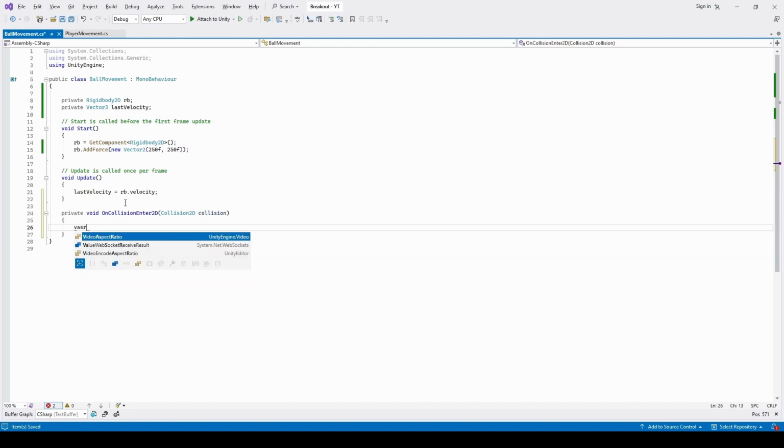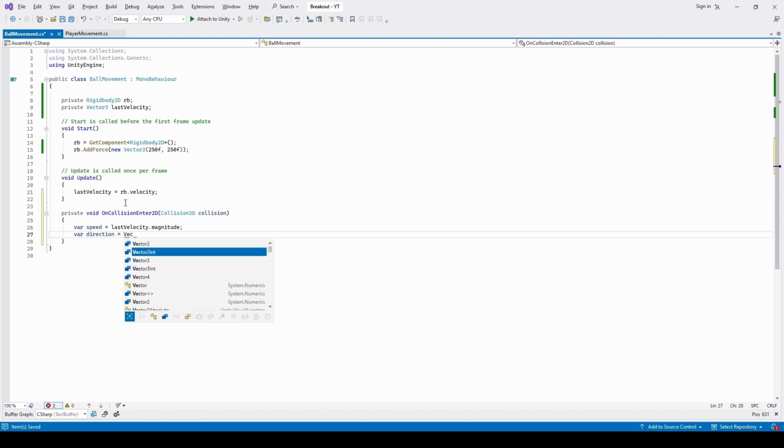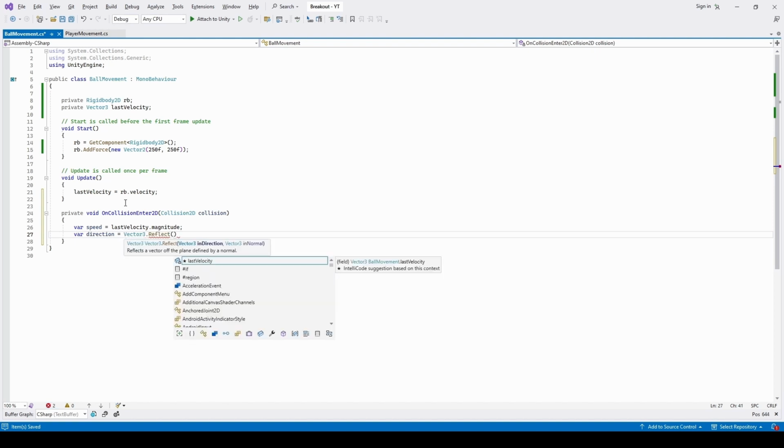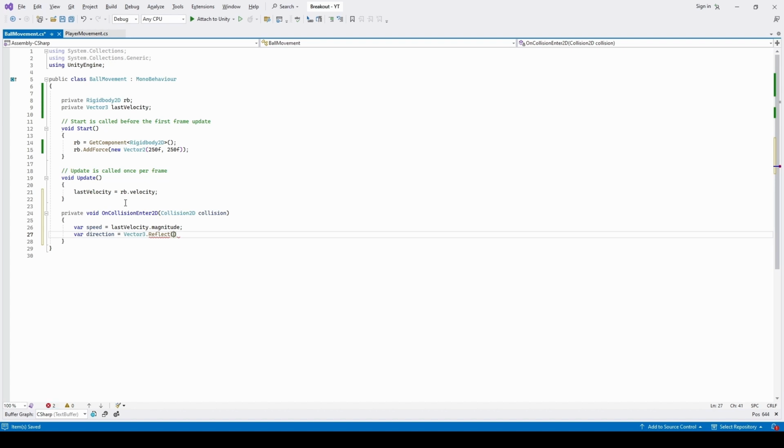So what we'll need to do is we're going to need to set a variable here, and we can call it speed. And what we'll do is we'll set this to the lastVelocity.magnitude. And then next we're going to need to do a variable here. We could just call it direction, that the ball's going to be moving. And this is going to equal the Vector3.Reflect. And in here, this is where we'll need to input that lastVelocity. And we're going to normalize that. So .normalized,